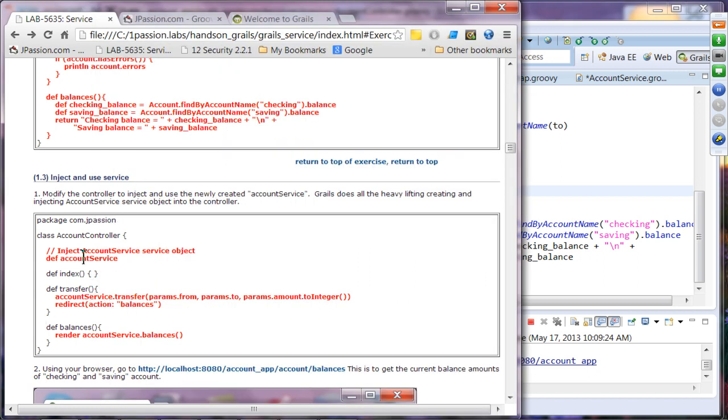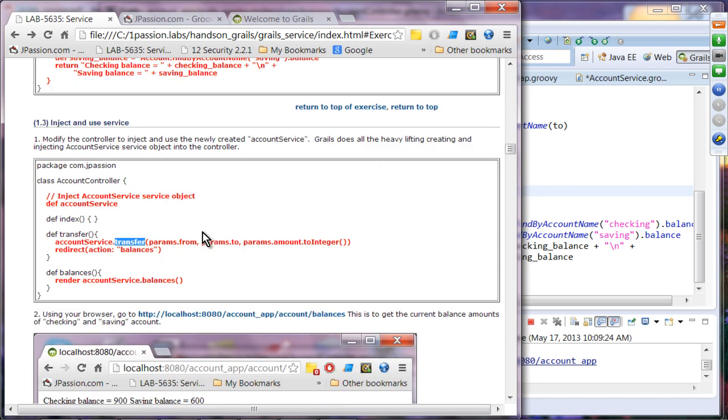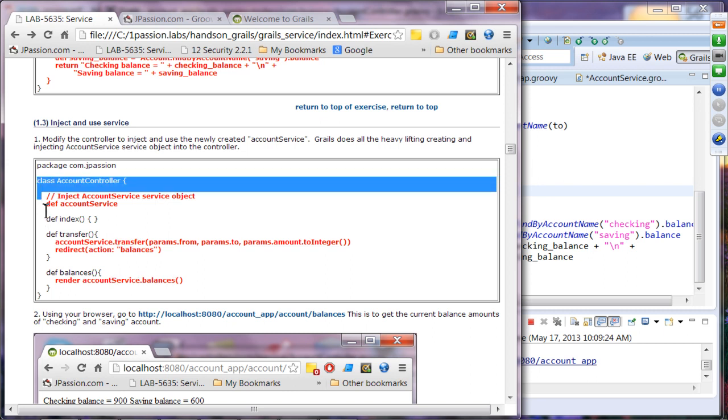Here we inject the account service, and then we call the account service object's transfer method, and we pass the values. So the from account is checking, and this is savings, and then we convert the amount coming from the client to an integer and pass it to the transfer method. And then for balances, we are going to just call the balances method of the account service. Okay, so I'm going to just copy the